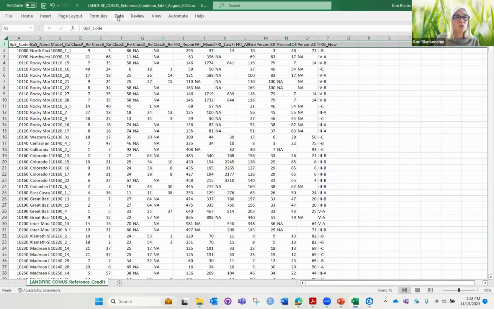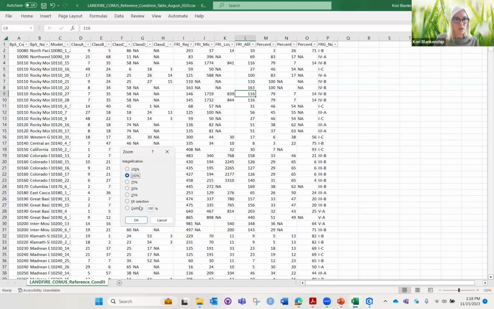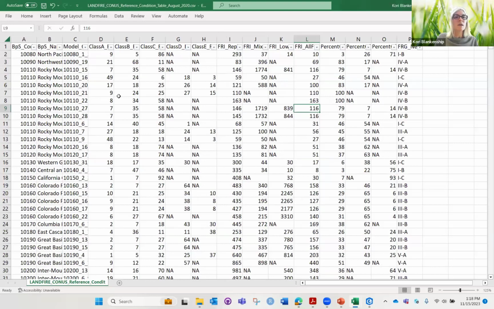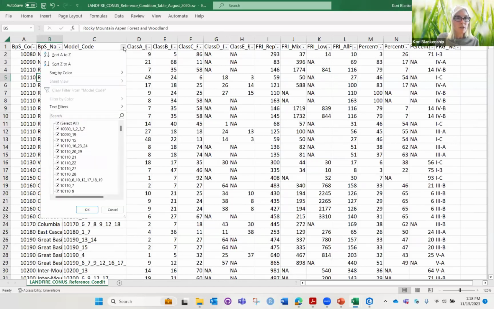So the first thing I'm going to do is add filters so that we can filter for our biophysical setting of interest. And maybe I'll just zoom a little bit here. Let's see if we can do 125. That's better. Okay, so we've applied a filter. And now I want to look for my particular biophysical setting of interest. So I'm going to filter on column C, model code. And remember, we're looking at model